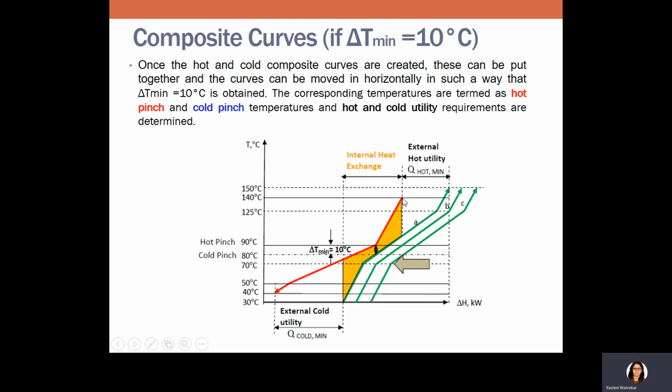So how to find that? The difference between this point and this point, what is the difference between this and this, is your Q hot minimum requirement. The difference between this line and this line is the minimum cold utility requirement. So once you exchange the heat between the process streams, if you still need additional heating or cooling requirement, then only you use the external source. So now you can imagine the one with the shading, if you're exchanging between process streams, that amount of energy, the cost is saved in your process.